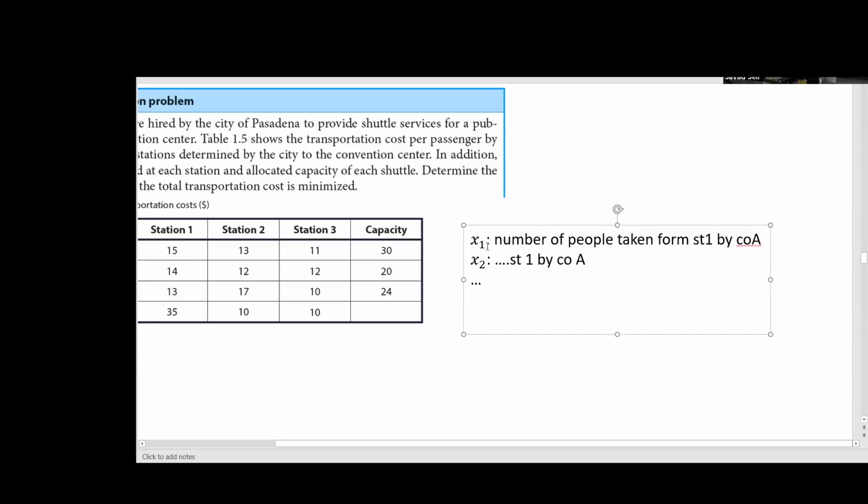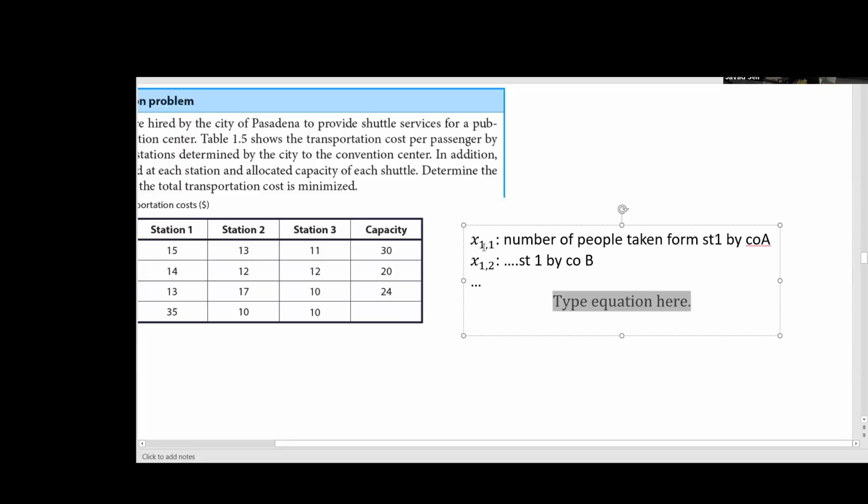Instead of X1, to make it easier to understand, I'm going to write X1,1. It's number of people taken from station 1 by company A or company 1. Then I have X1,2, number of people, station 1, company B, or company 2. And because there are 3 and 3, I have to write 9 of those. So I simplify it, I will say X ij